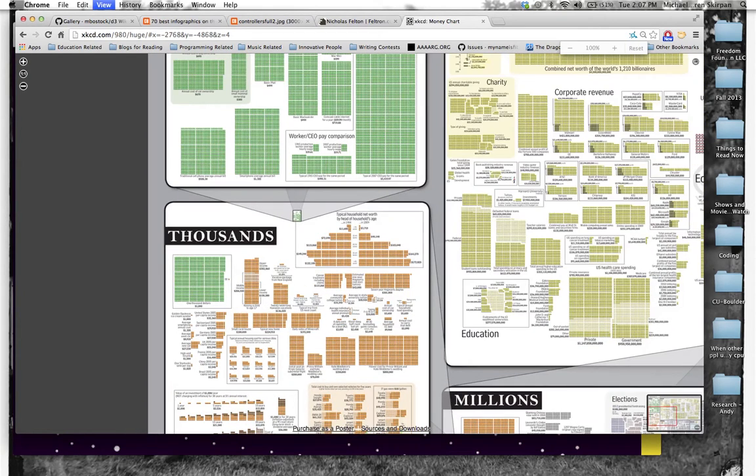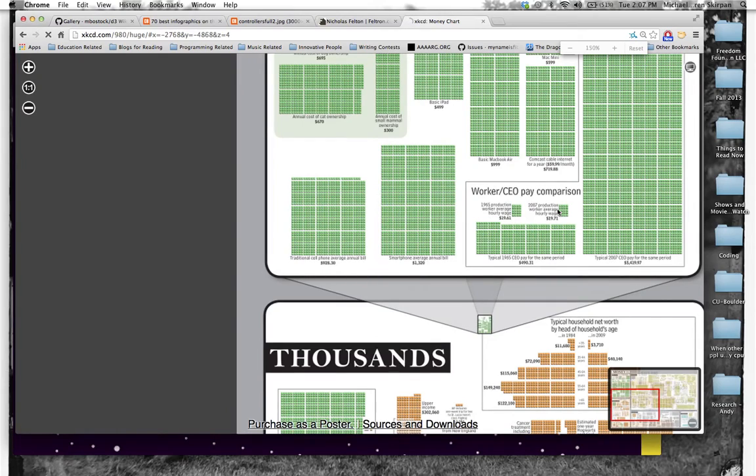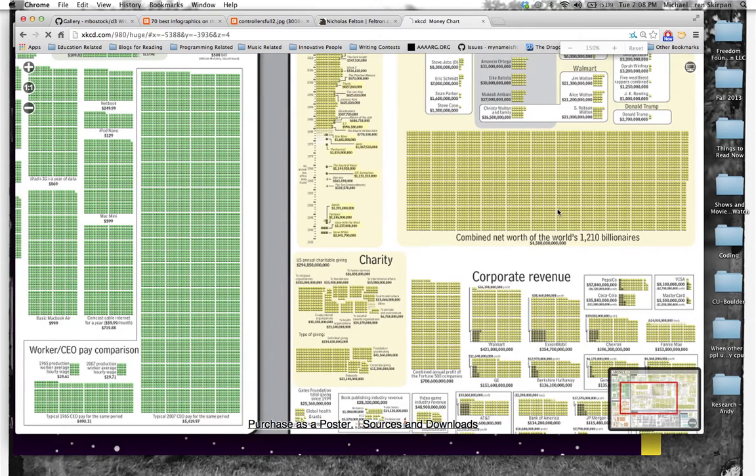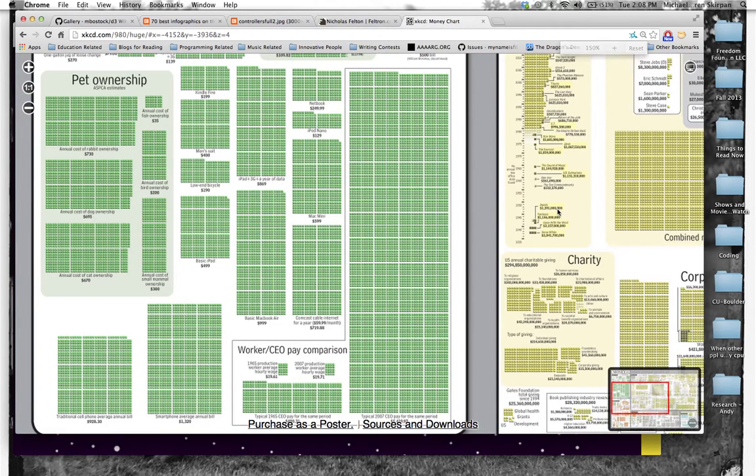For instance, like the worker to CEO pay comparison. Oh, this thing is flying all over the place. So you can see that workers only went up an average 10 cents an hourly wage from 1965 to 2007, whereas CEOs went up about